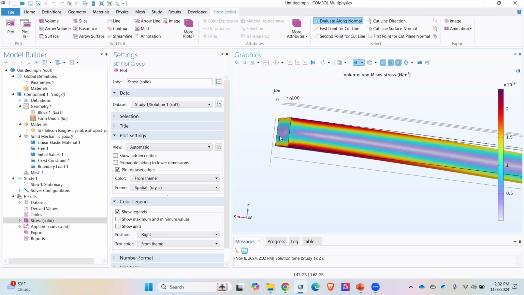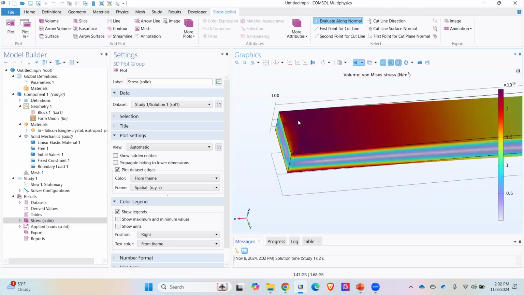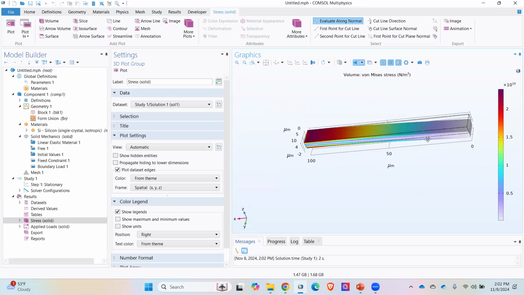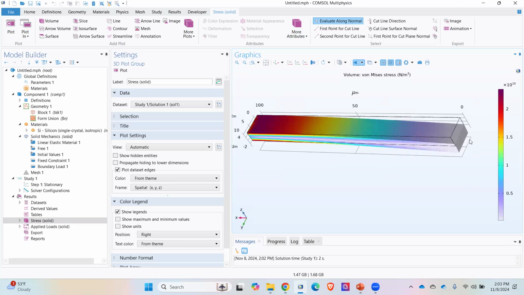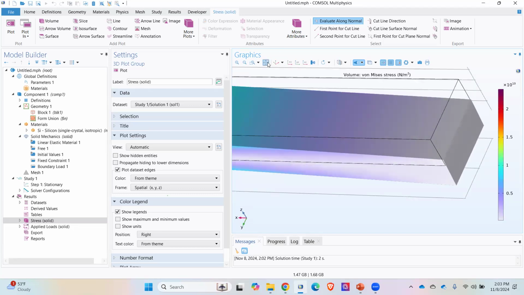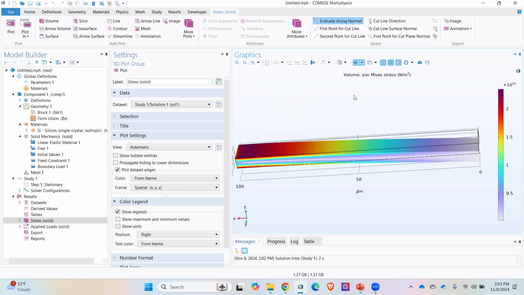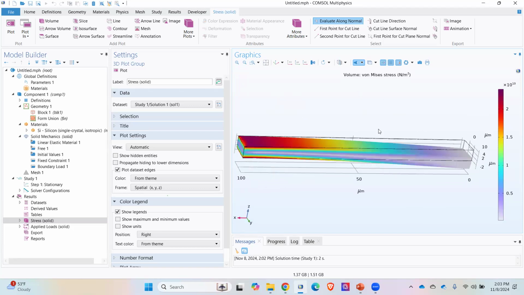Since we have a fixed end here, there will be a maximum strain here, and the other end is a free end, and there is almost zero von Mises stress here. So this is the von Mises stress plot, right? If you want to see the